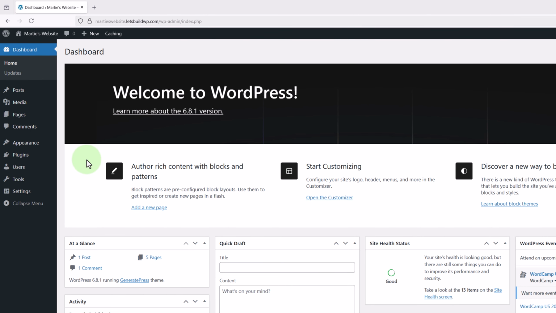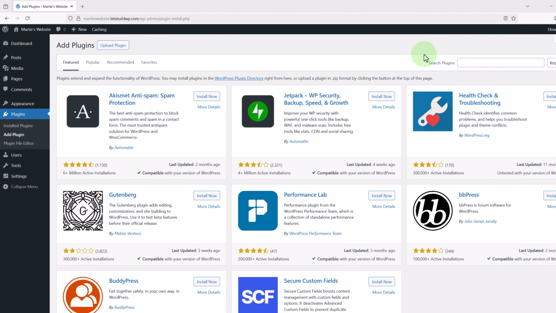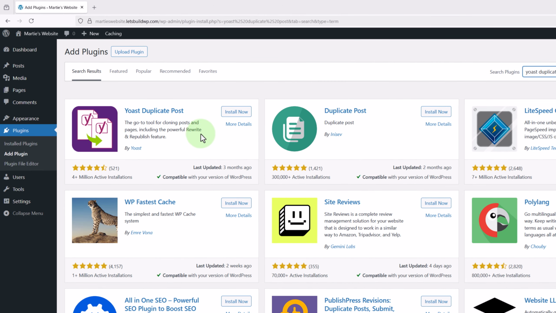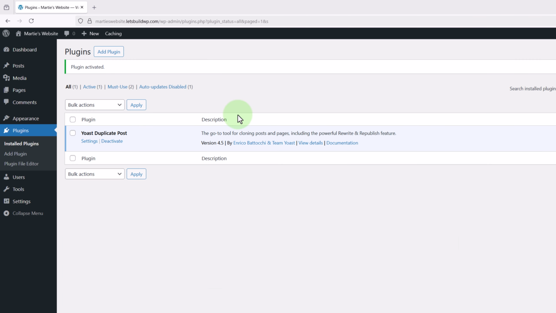So from the dashboard, we're going to hover over Plugins on the left and click Add Plugin. Now in the search bar in the top right, we're going to type Yoast Duplicate Post. Then once it shows up, this is the one we're looking for here, and we just need to click Install Now. Give it a few seconds to install, and then click Activate. Then once the plugin is active on our site, we can click into either Pages or Posts on the left,